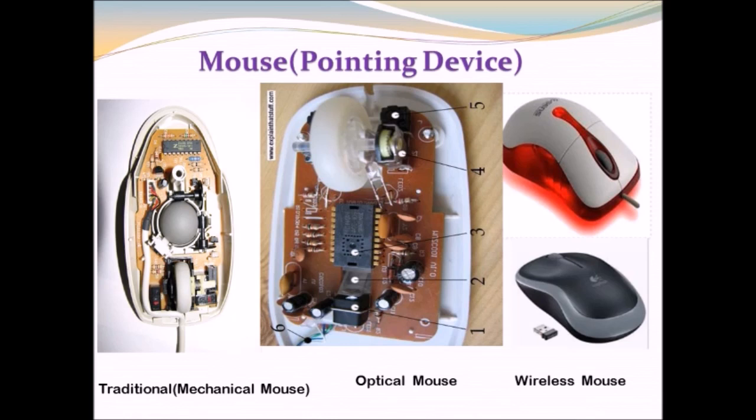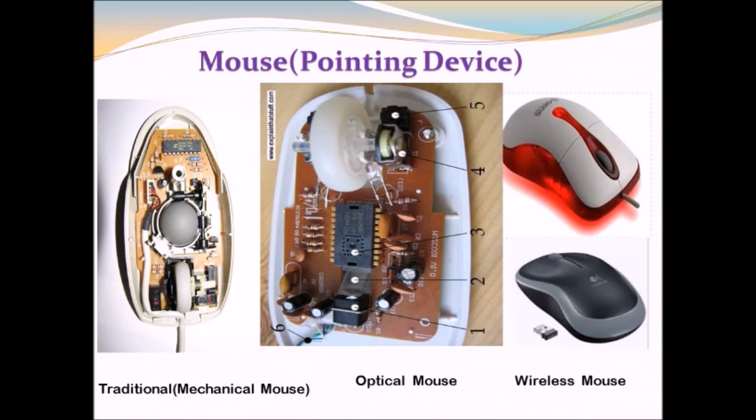Second is optical mouse or opto-mechanical mouse. The opto-mechanical mouse works on the same principle as the mechanical mouse, the only difference being that it has optical sensors to detect the movement of the ball. But in a pure optical mouse, optical beams or rays use laser technology to detect the movement of the mouse. It is more efficient and expensive than the mechanical and opto-mechanical mouse. And a wireless mouse uses wireless waves, infrared ray waves, to detect the motion.